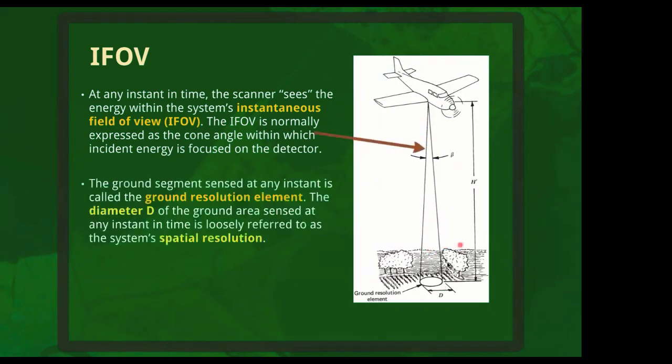So whenever we're talking about resolution, we're actually referring to the ground resolution element, and more specifically the diameter of the ground portion within the IFOV. We call this diameter the spatial resolution. For example, if you have a 10 by 10 meter resolution, that is to say the diameter is 10 meters,